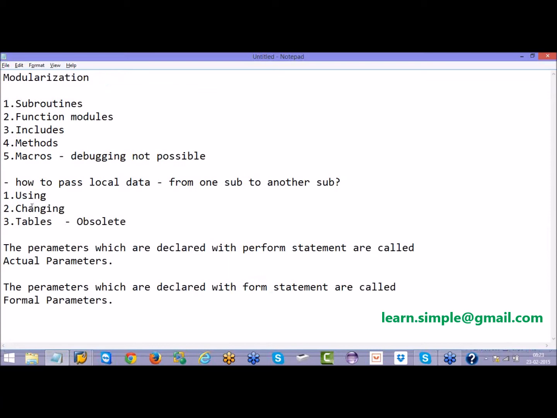But nowadays after Unicode conversions there is no big difference between using and changing. If you know what pass by value and pass by reference are, you would have understood already. If you don't, we are going to discuss that now.